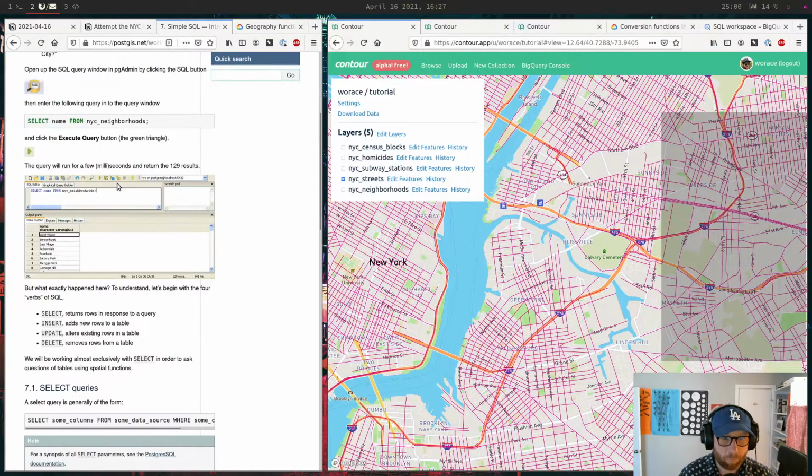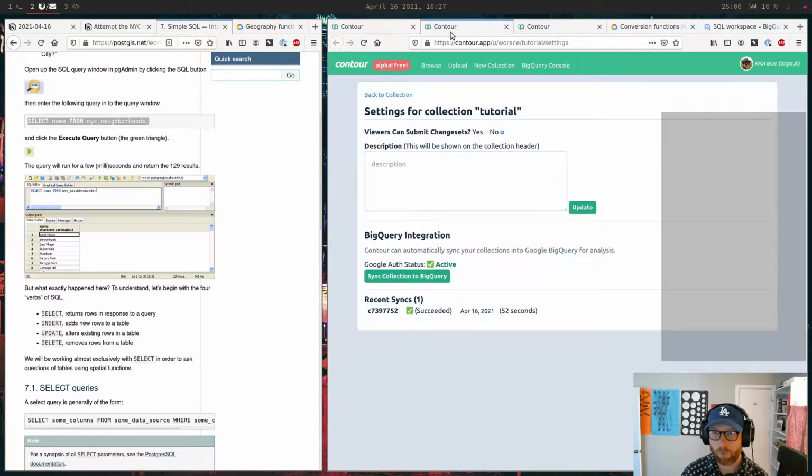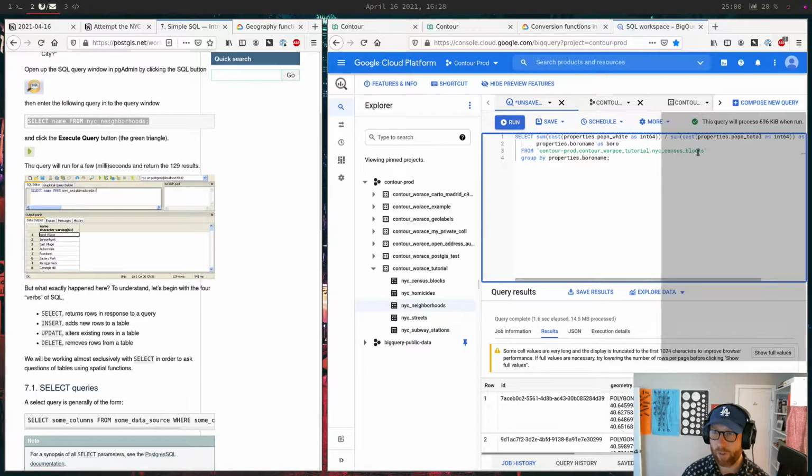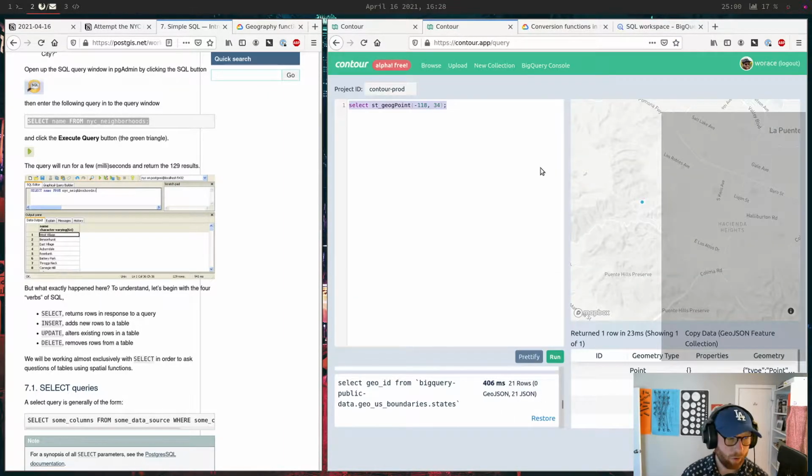All right, anyway, let's give it a go. There we go. So we got names. The biggest thing that's obviously very different is that the naming of the tables has to change a lot. In BigQuery, you have to do project name, then data set name, then table name.